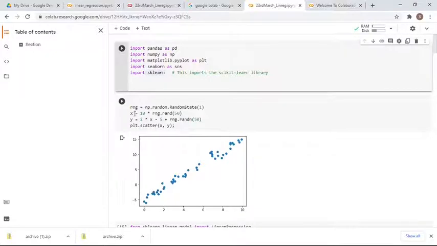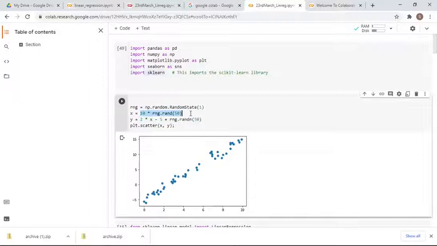So x we are creating like this, with 50 random points, and y we are creating like this: 2x minus 5. This is just the relationship we are going to make between x and y. Okay, so if you run this and display it in a scatter plot, it will look like this.